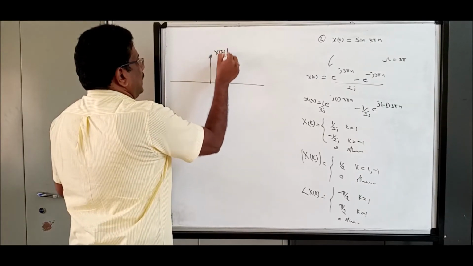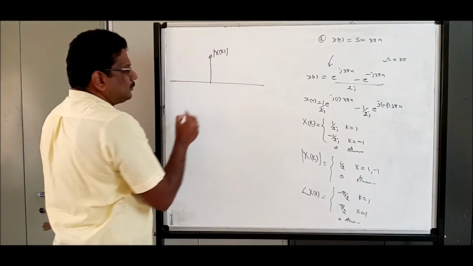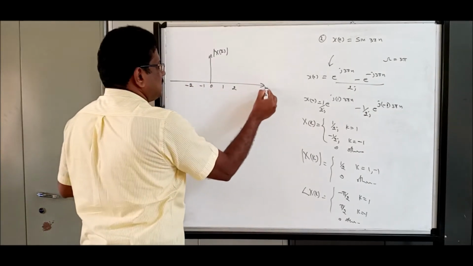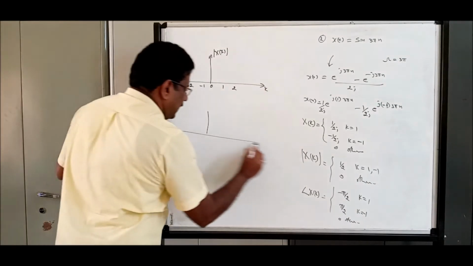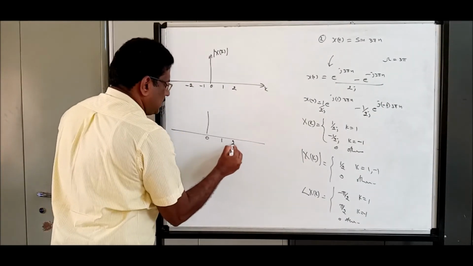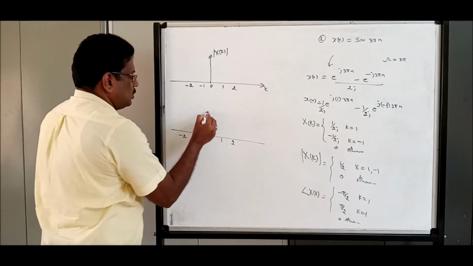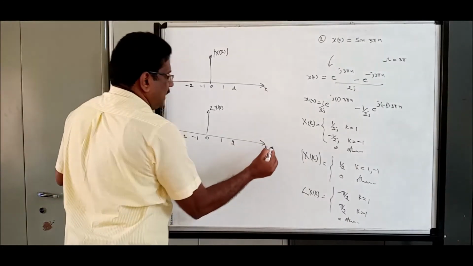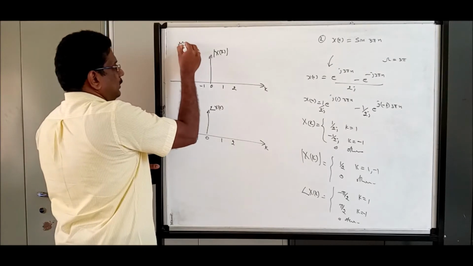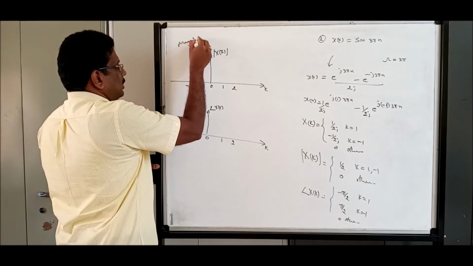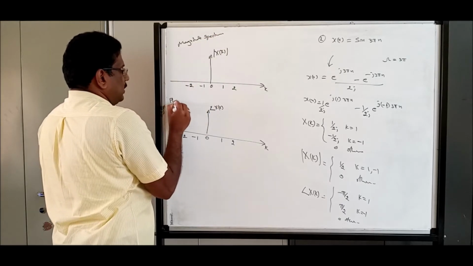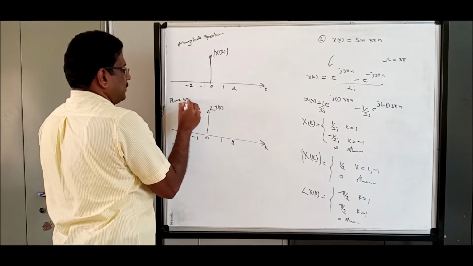Okay. X of k magnitude, 0, 1, 2, minus 1, minus 2, which is the k axis. Again, I am repeating one more for phase. Minus 1, minus 2. This is for the angle of x of k on the k axis. This we call the magnitude spectrum. This we call the phase spectrum.